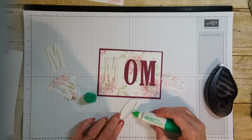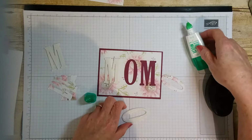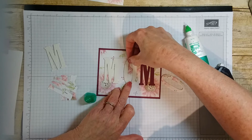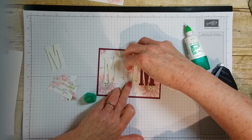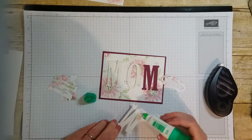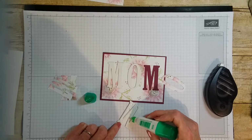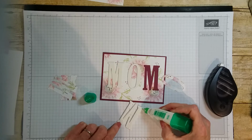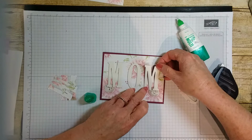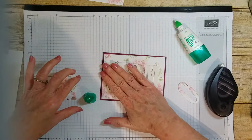Oh, I got too much on that. This Tombow comes out kind of fast. Right. Line it up on the bottom. There. Sorry about the telephone. Hopefully my husband will get it downstairs. It kind of fits in the slot if you get it in the right place. There, it's got a little bit of a slot in there. So there's our